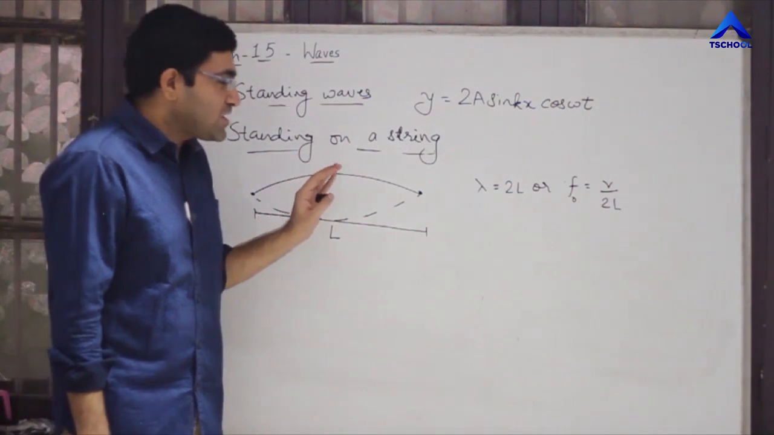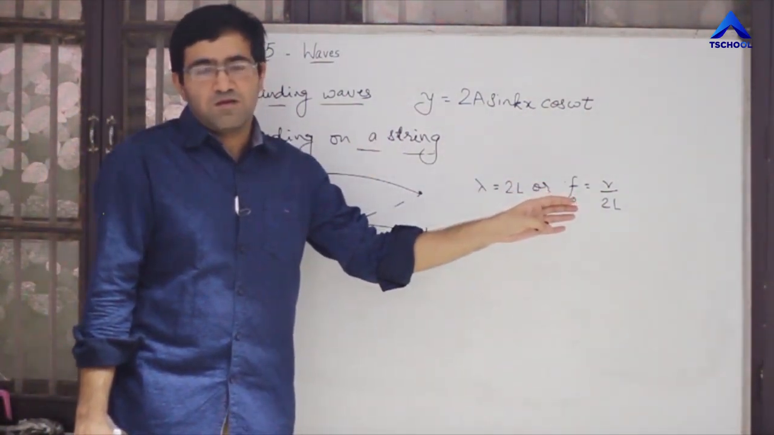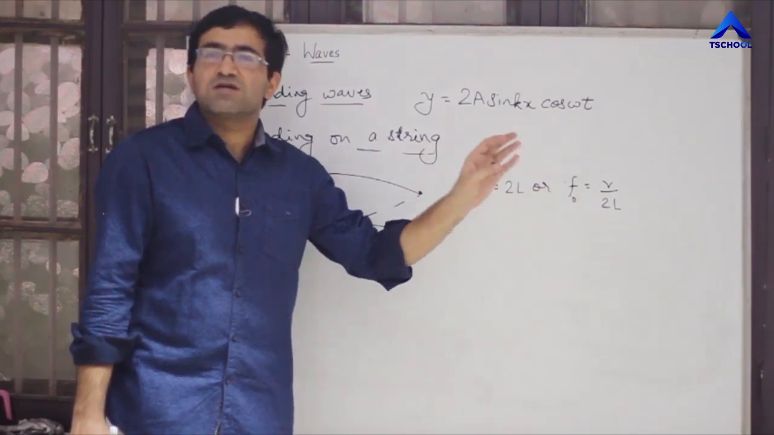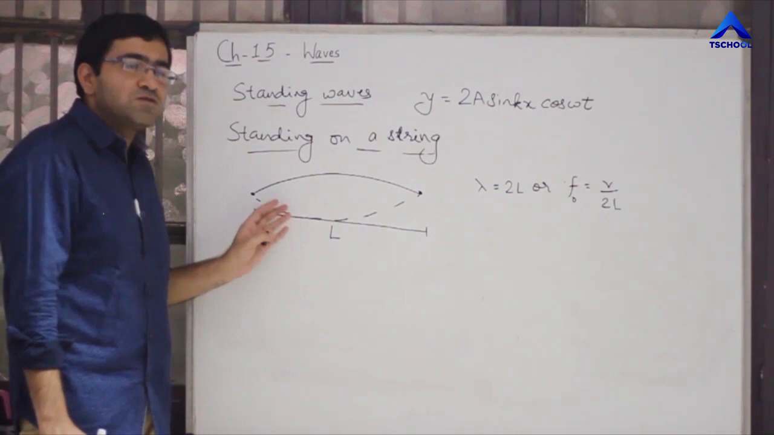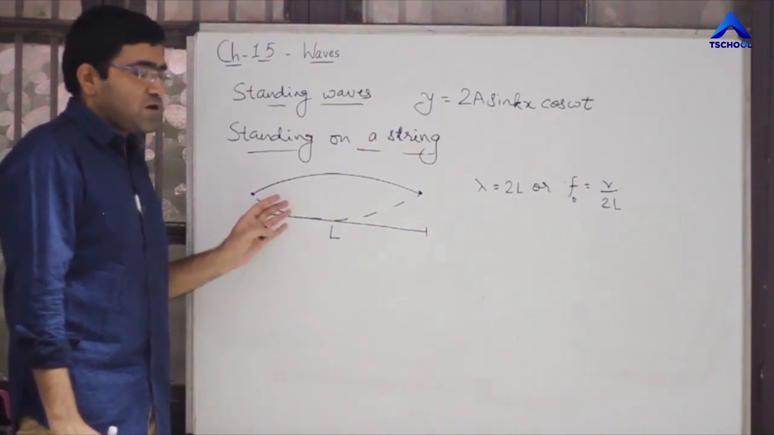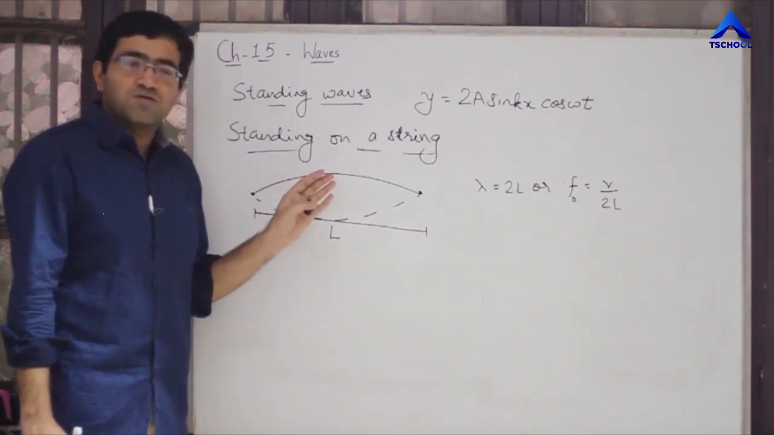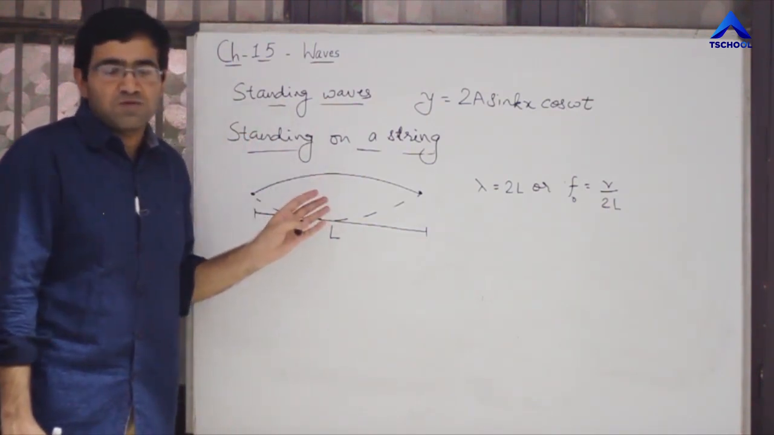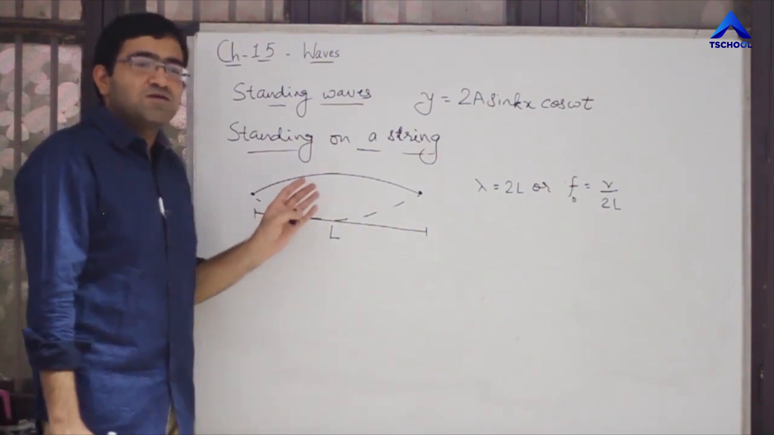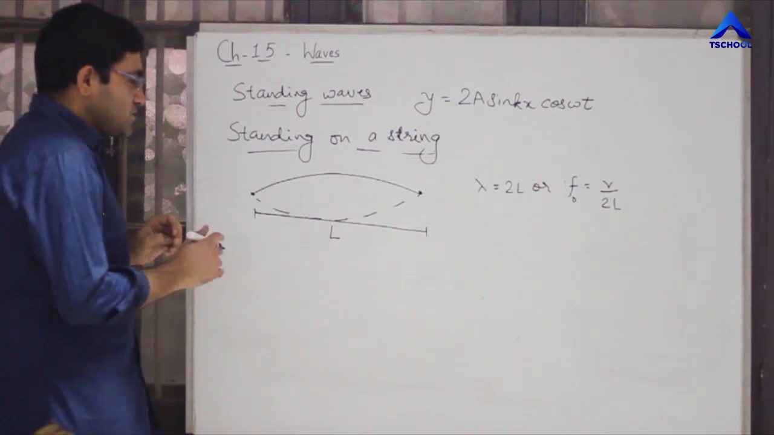So for any frequency less than this frequency, it is not possible to create standing waves on this string. I'll repeat what I've said. This is the lowest resonant frequency. For any frequency less than this frequency, it is not possible to create standing wave on this string. Okay, the second case,